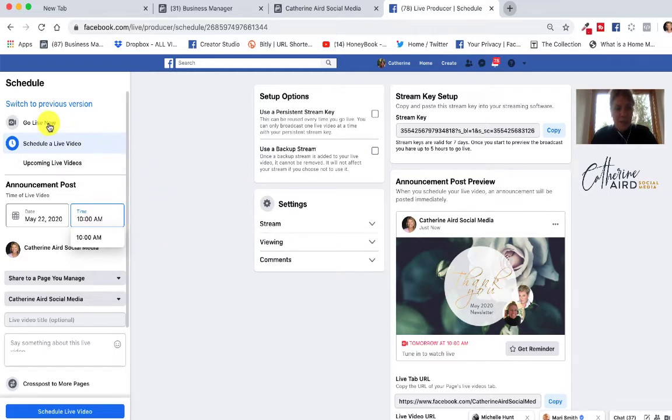So for this video, you can switch to live now, but I'm going to schedule a live video. So I've clicked schedule live video. I've decided to put it at May 22nd at 10 a.m. You put the page that you manage and that you want the video to be scheduled on. You can add a live video title. So I can say Friday live Q&A,